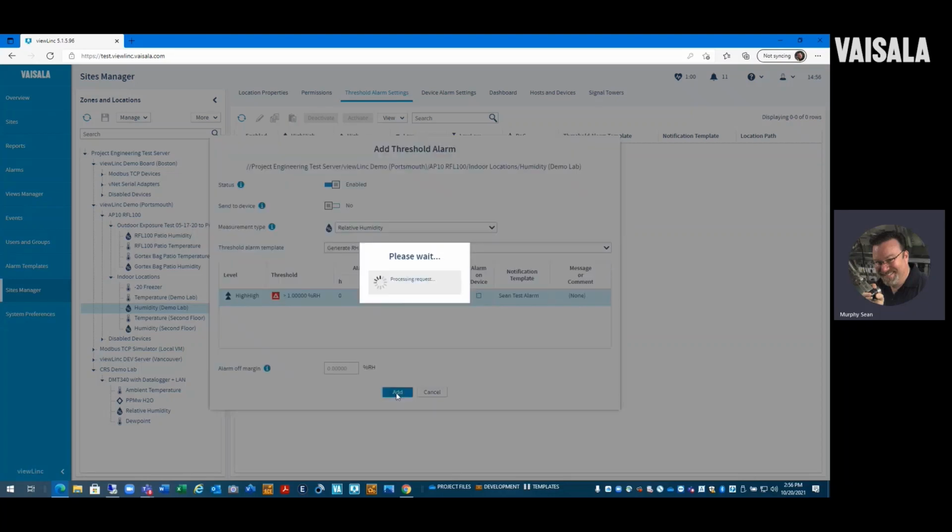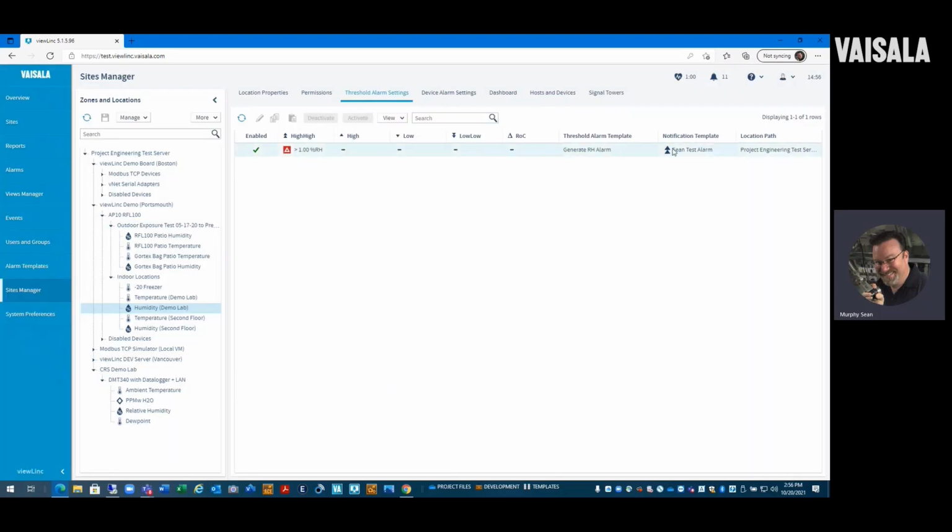So I'm going to click add, and now it's active on the system. And sometime over the next four minutes, as this thing goes through and scans and updates itself, it's going to trip the alarm, and I'm going to get a telephone call, and I'm going to get a text message, and I'm going to get an email coming.